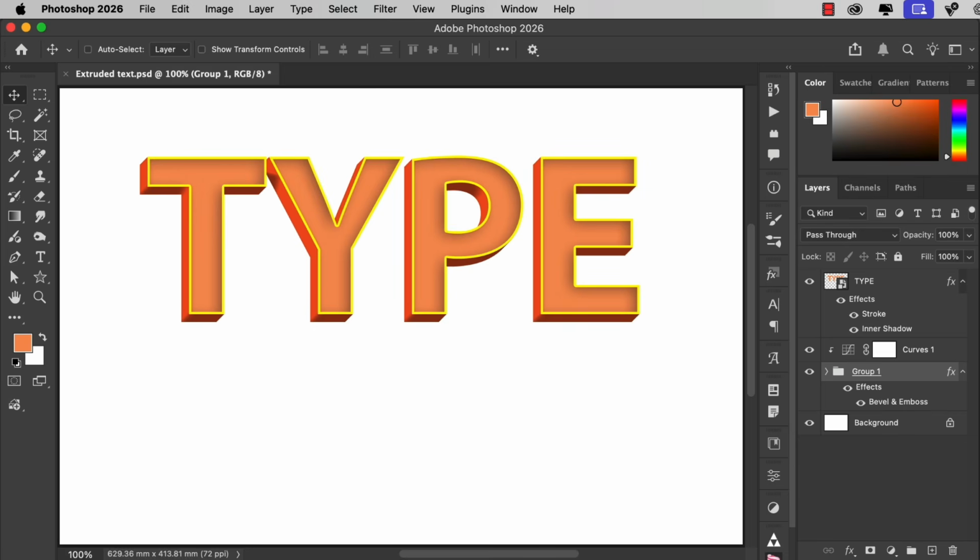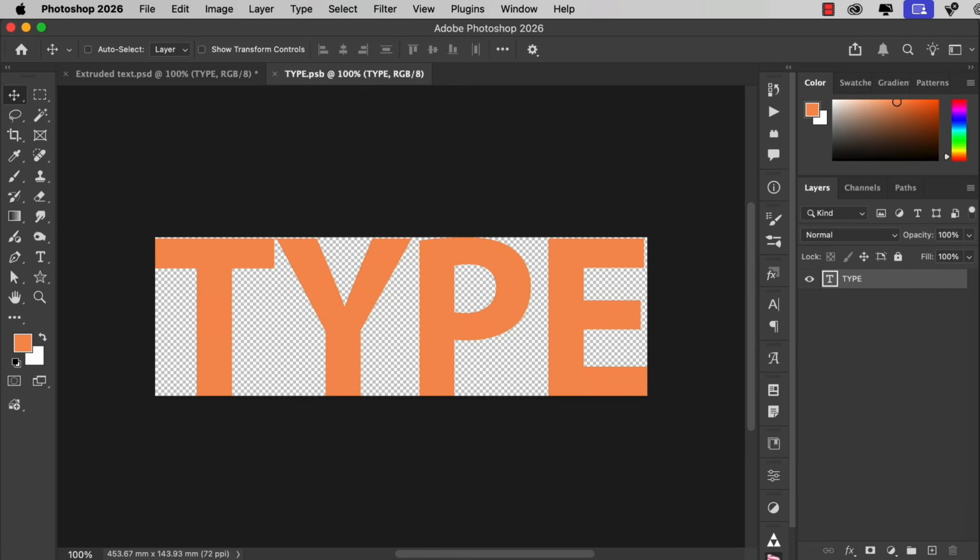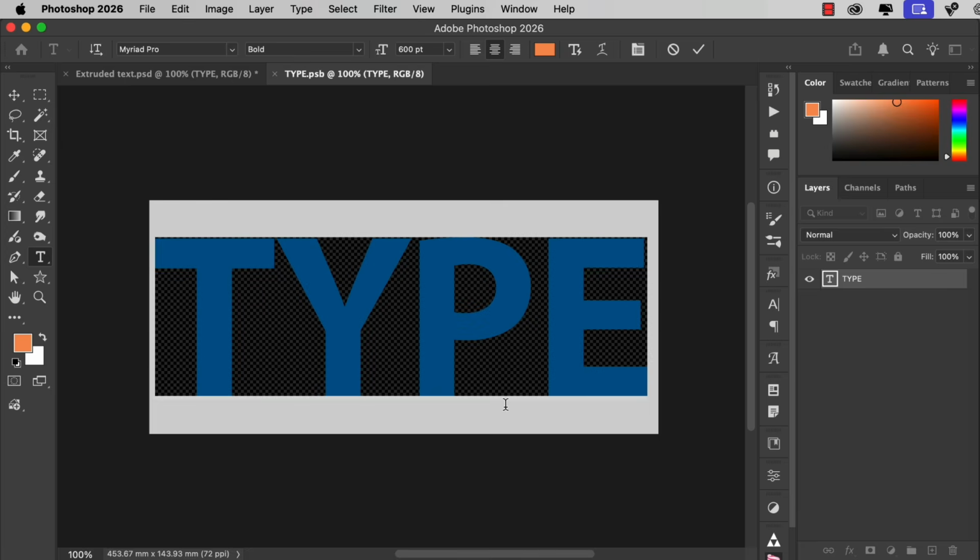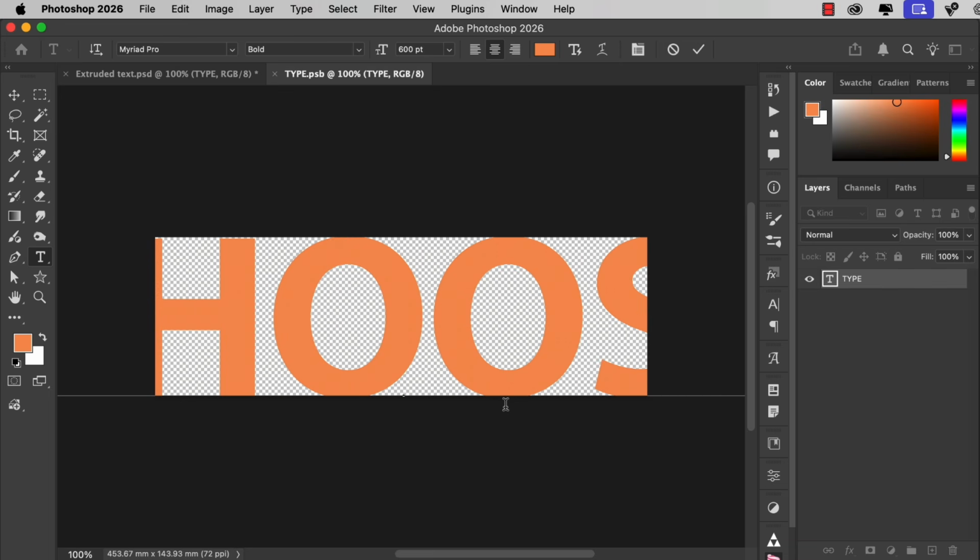Now, the best thing about this technique is that the text is fully editable. Double-click the original type layer, and because it's a smart object, it'll open in a new window. Let's change this text to Choose. We can make it smaller,